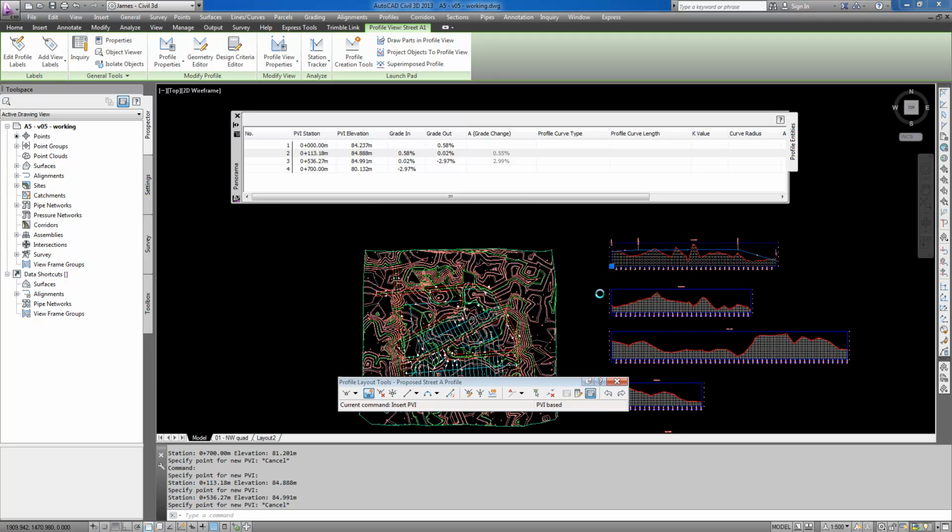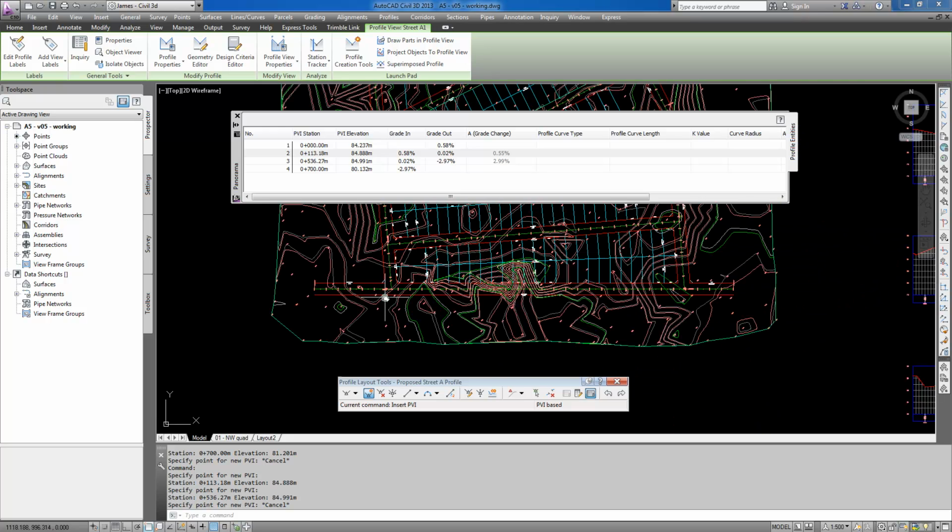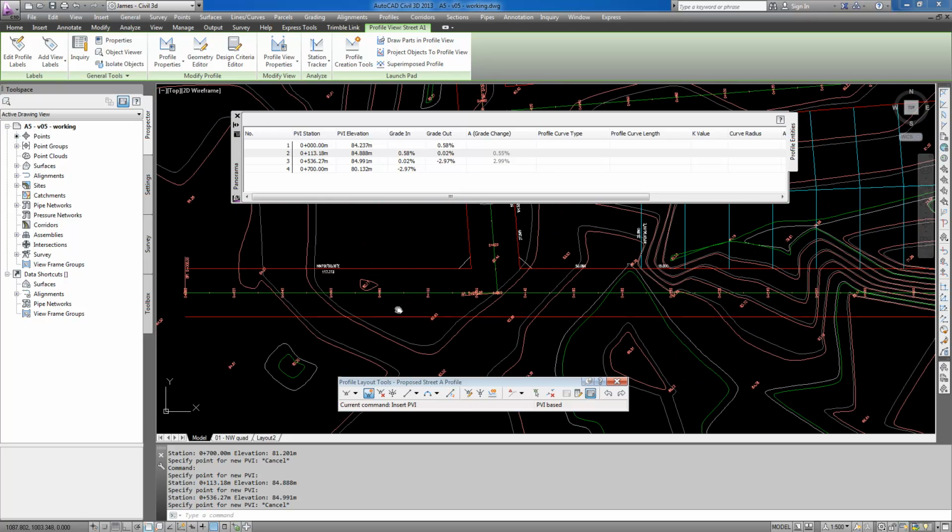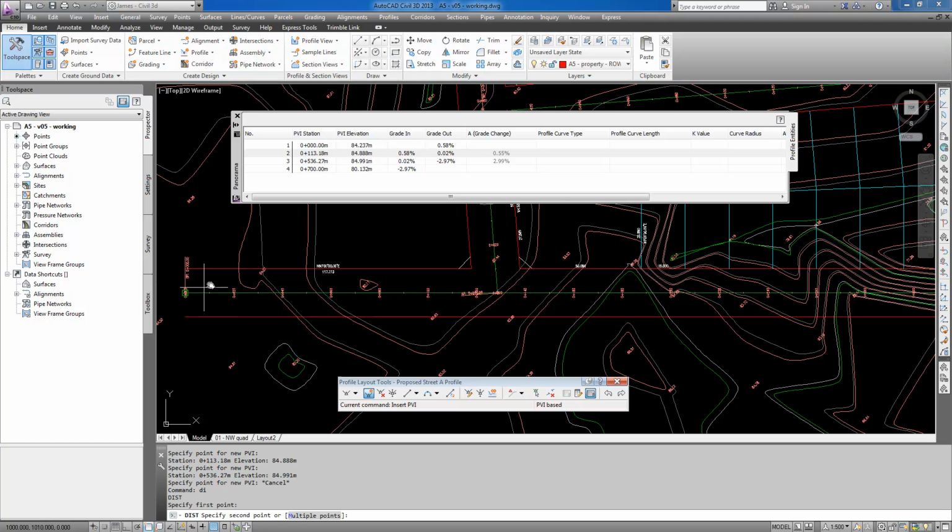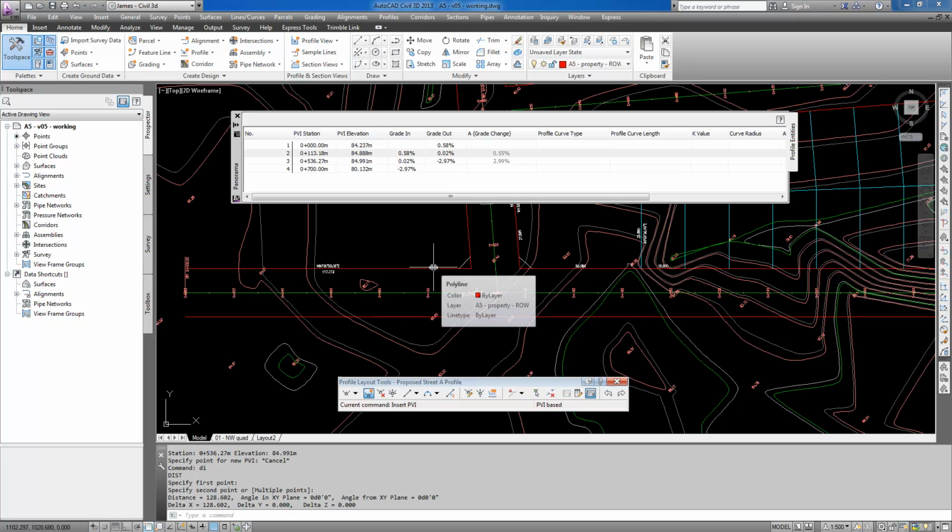go to the plan. So going down to the plan view right here, there are a couple of ways that you can determine the station over here. One is to simply measure the distance between endpoint to endpoint. To do that, you just start the distance command in endpoint and endpoint, and you could see that the station is 128.602. Second way to do it through Civil 3D, and significantly easier if there are curves and bends involved,